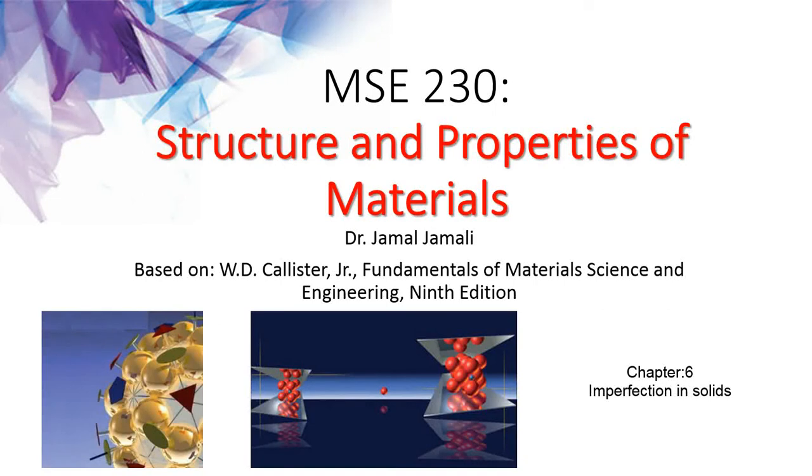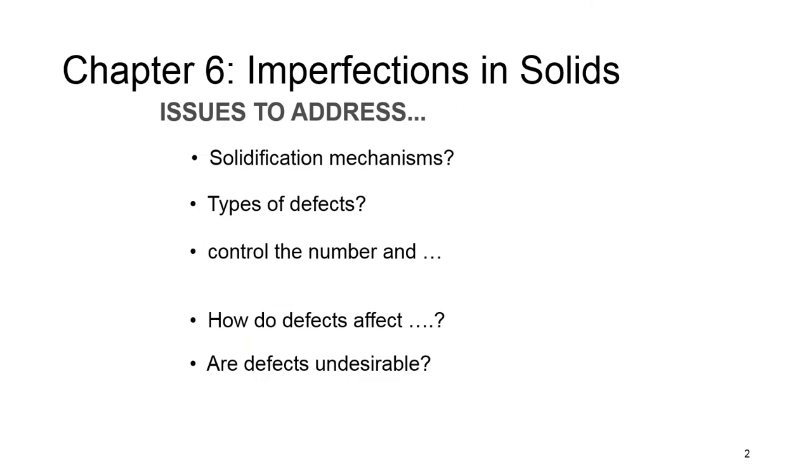Hello, this is session 12 and chapter 6, which is imperfection in solids. In this chapter we will talk about solidification mechanisms, different types of defects and imperfections. We will talk about whether the number and type of defects can be varied and controlled,